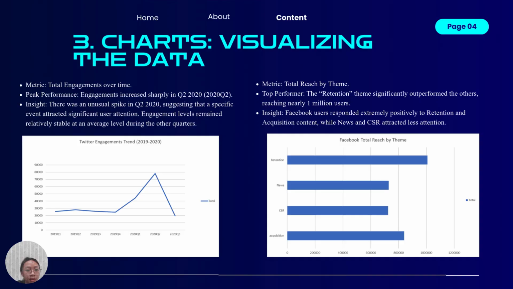And next is the slide for charts, visualizing the data: the Twitter engagement trend line chart and the Facebook total reach by theme bar chart. On the left, the Twitter engagement trend chart,